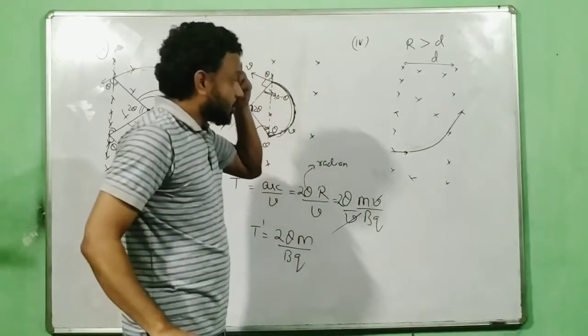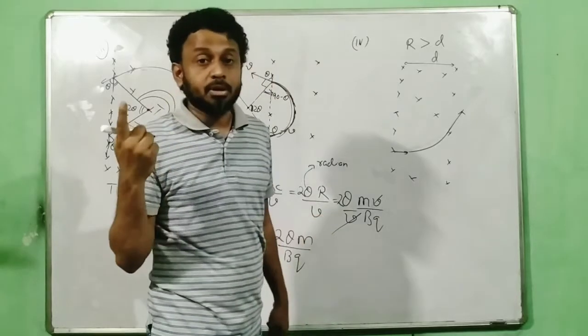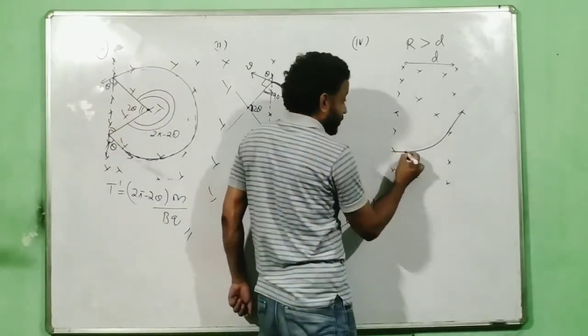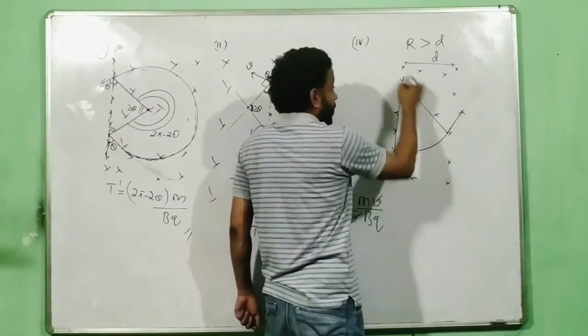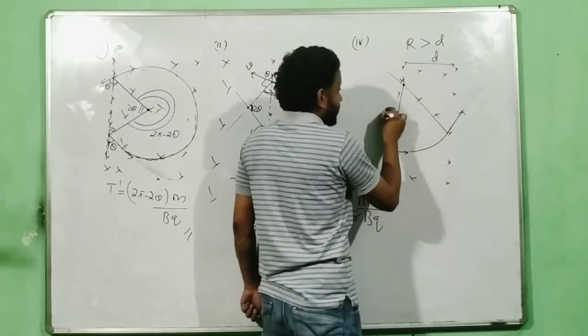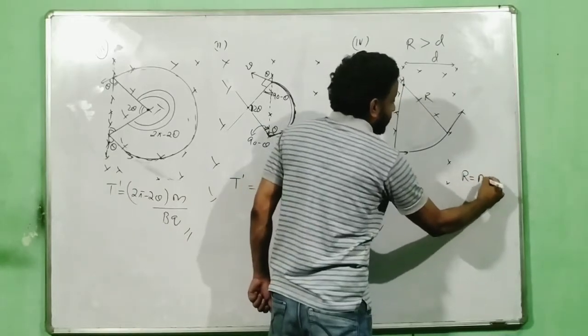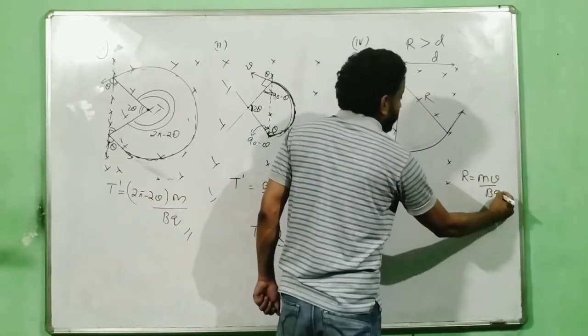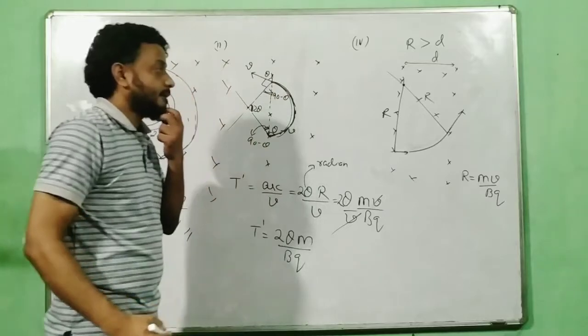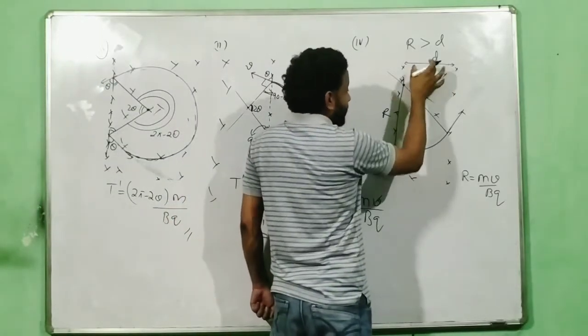Okay. So if I draw, see, remember, whenever you want to find the center, draw the direction perpendicular to the velocity. So there is one velocity over here, just draw first and then draw over here. This becomes the center. This becomes the center. This is my center. This is my radius r. And what is the formula for radius r? Radius r is equal to mv by dq. This is always there to help you out.